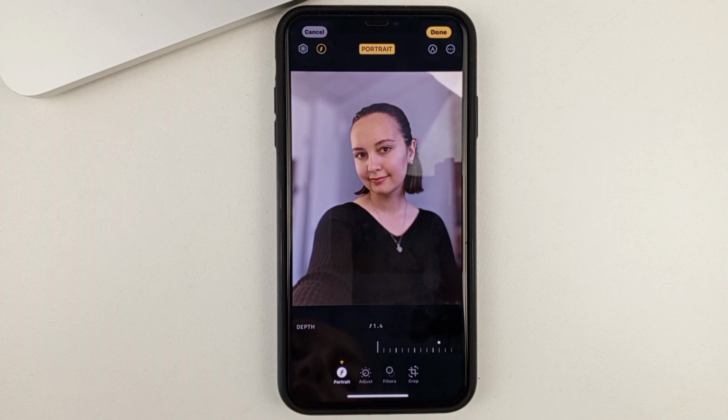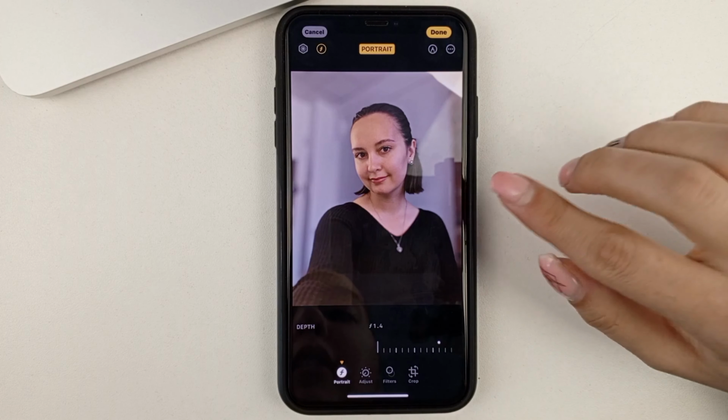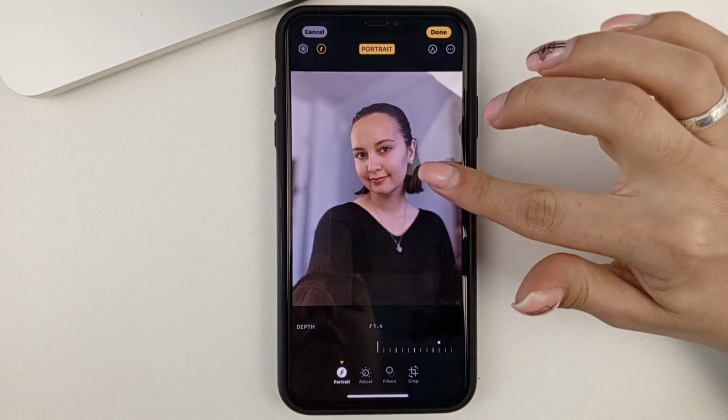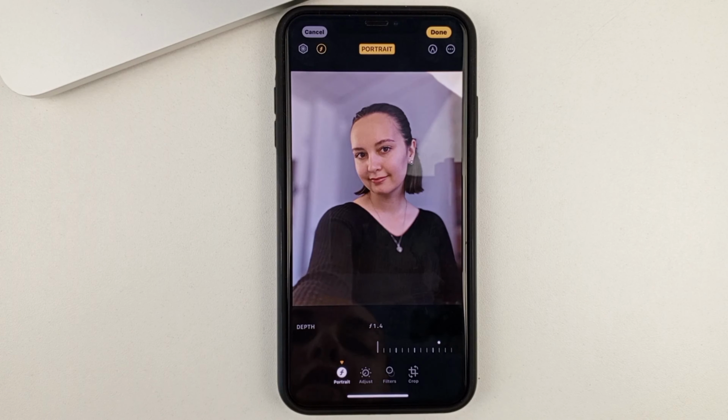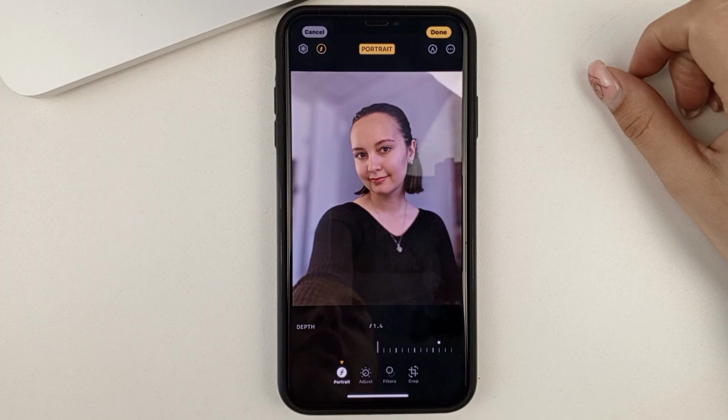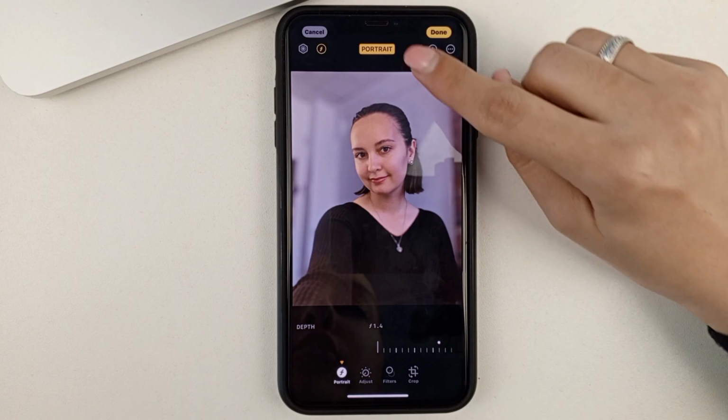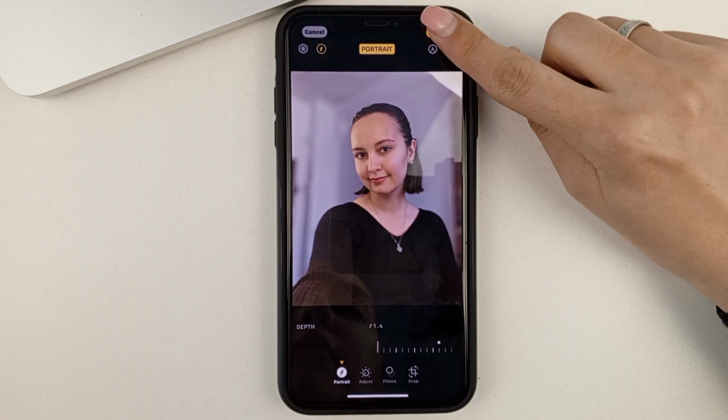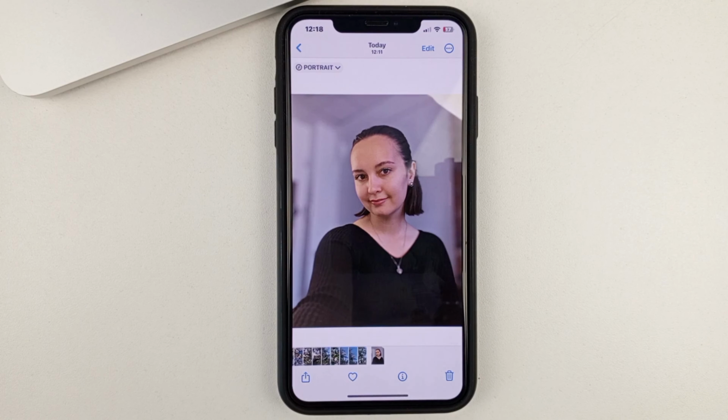After that, you can leave the photo as you want it. But keep in mind that all the background will be blurred except your face. That is, your portrait, your face will be clear, and everything else will not. And in order to save the changes to the photo, you'll have to click Done. And that's it, the changes will be saved immediately.